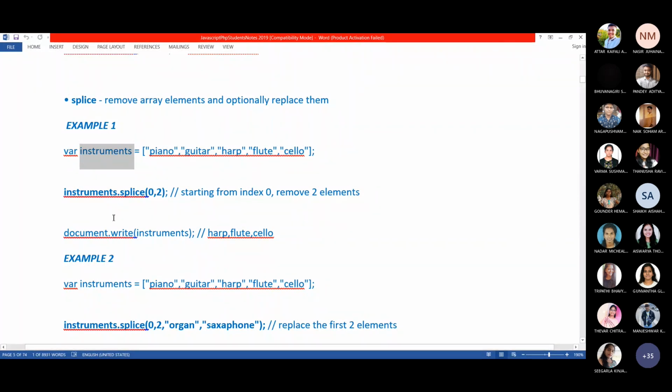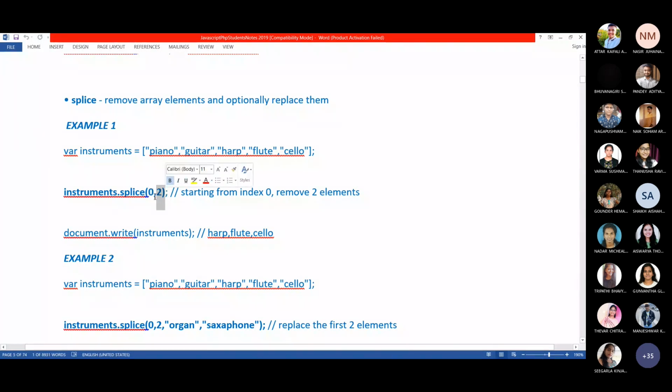Now I apply the splice method on the instruments object with 2 parameters. Again, the first one is the index, the second one is the number of elements.